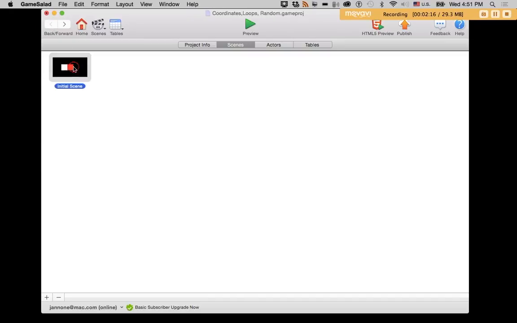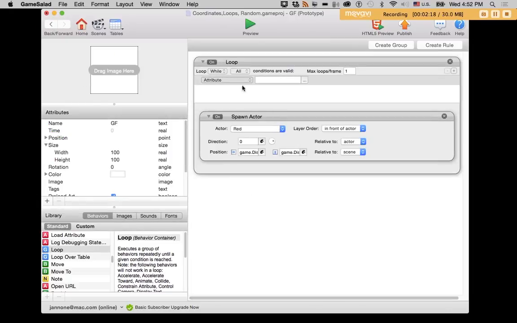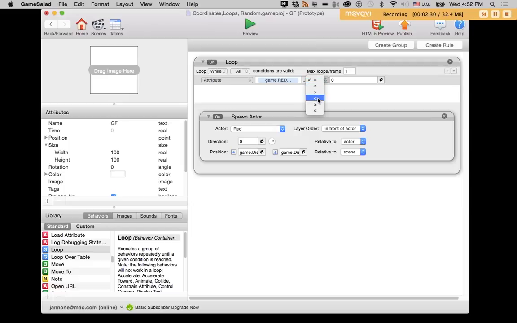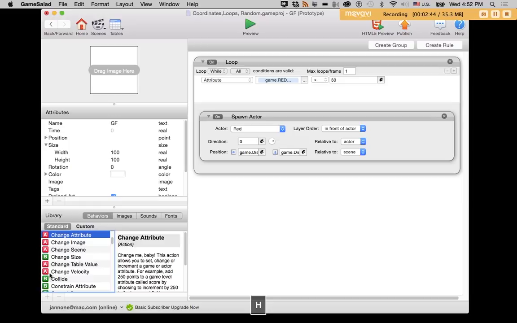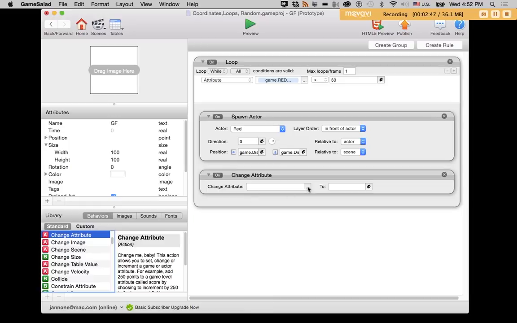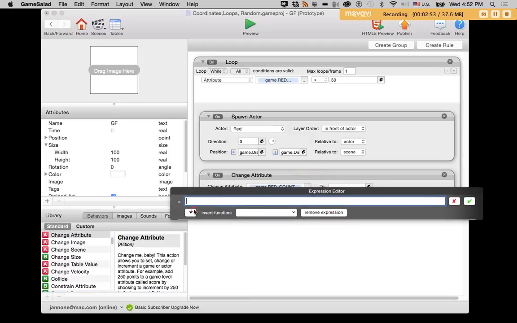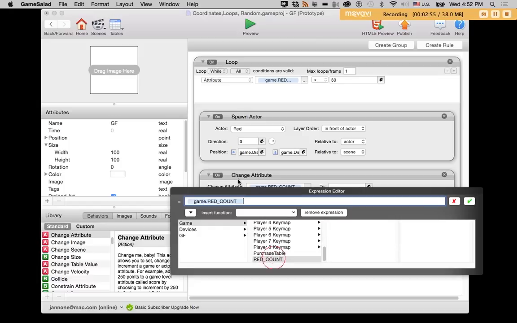So I can say, while all these conditions are valid, while the red count is, let's say we want to make 30. While the red count is less than 30, keep doing this loop. So every time a red actor is created, we need to change this attribute of red count by incrementing it